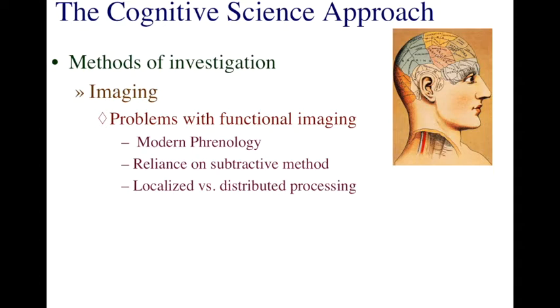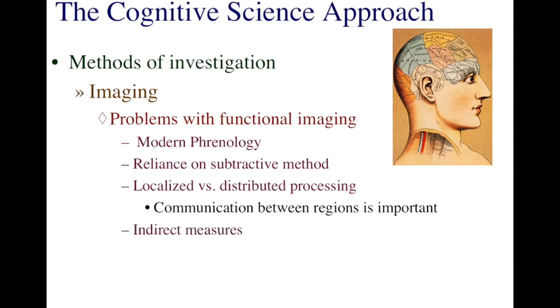Communication between different regions of the brain is important, and measuring activity in localized areas doesn't give us information about how these local areas are communicating with other local areas. A lot of the cognitive processing that we do involves multiple brain areas in communication with other areas so that they can work in concert.